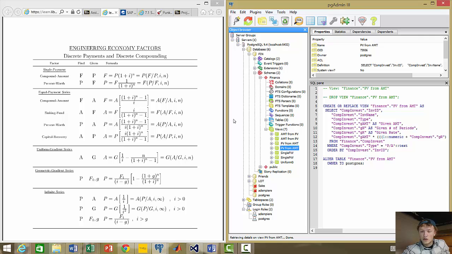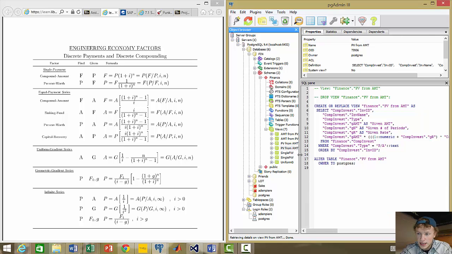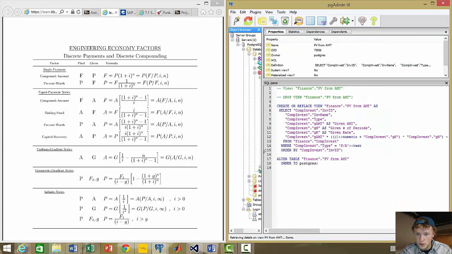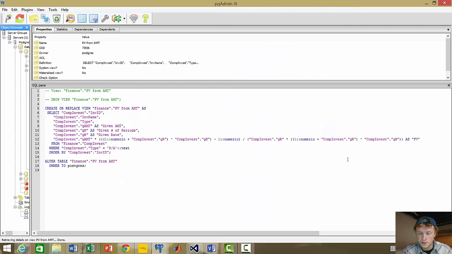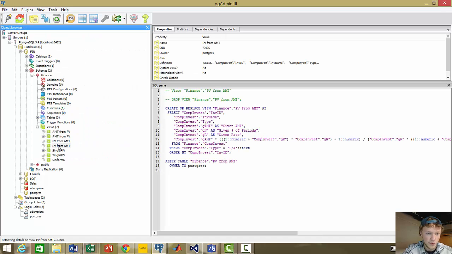We will look at present value from amount. So you go to a store, they tell you however much. The equation you see is the last select statement, and it's also over on the left here. But so it's a very long equation, and it's just taking the things I've already entered, and it's going to output our future value as you see there. So when we view the table,